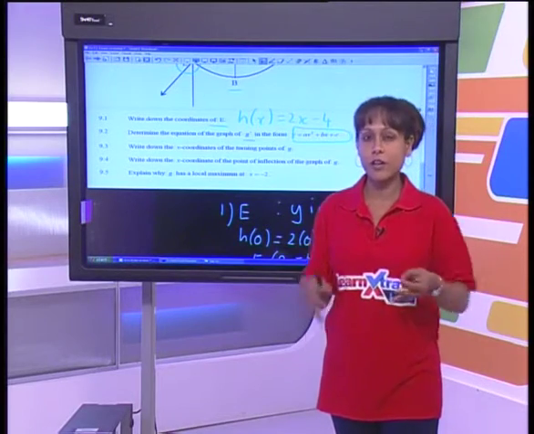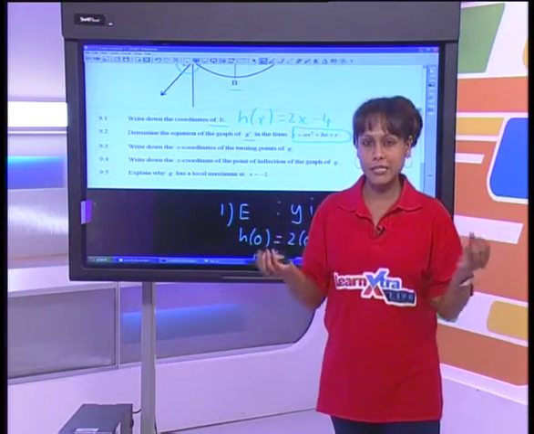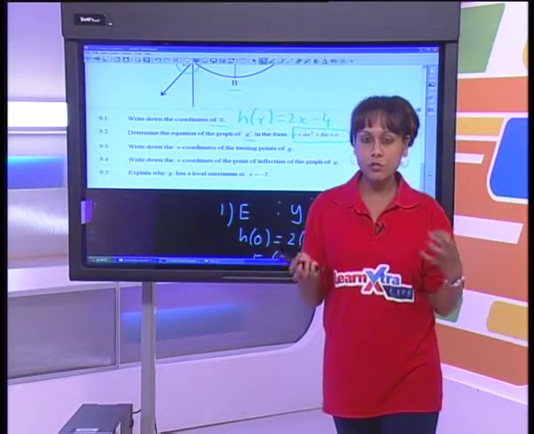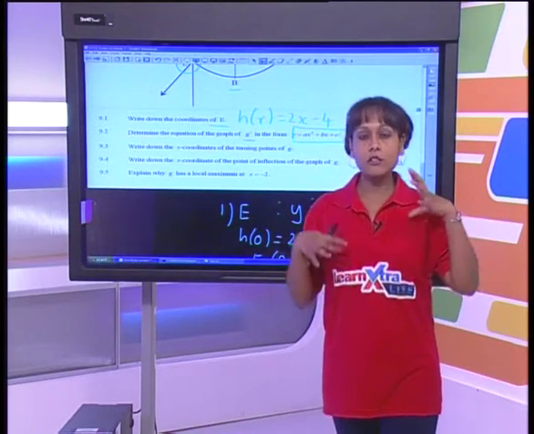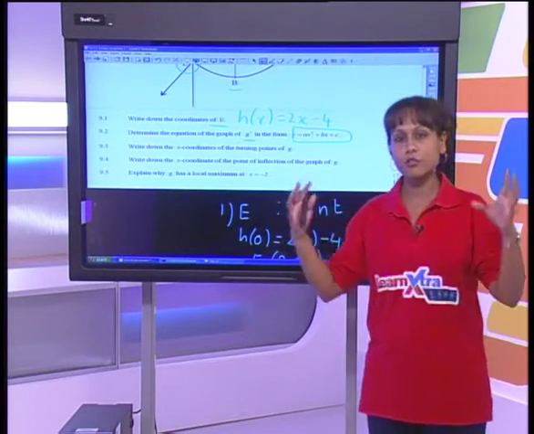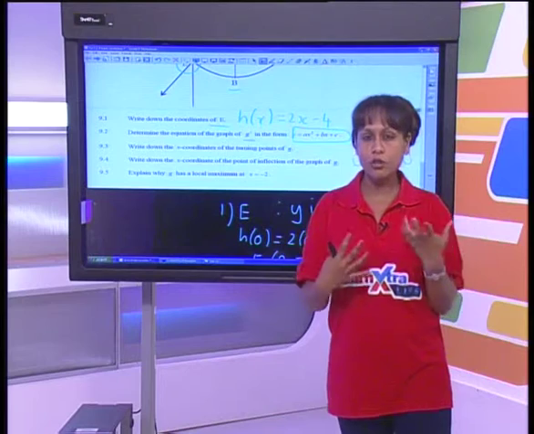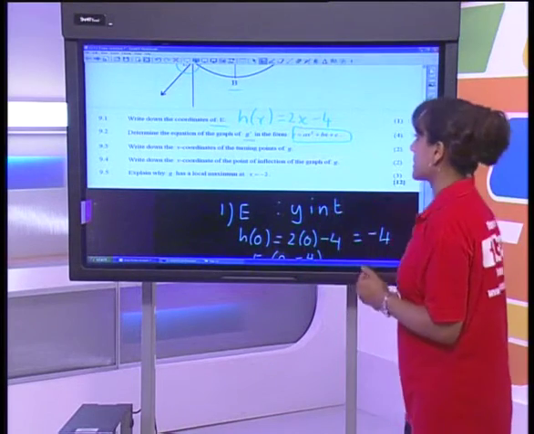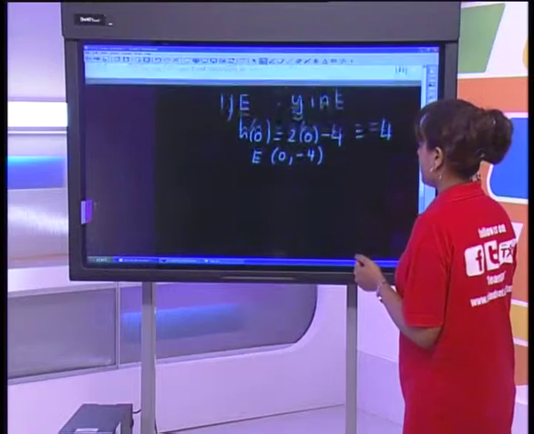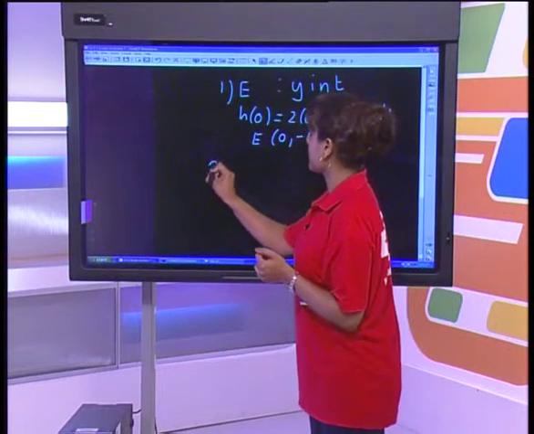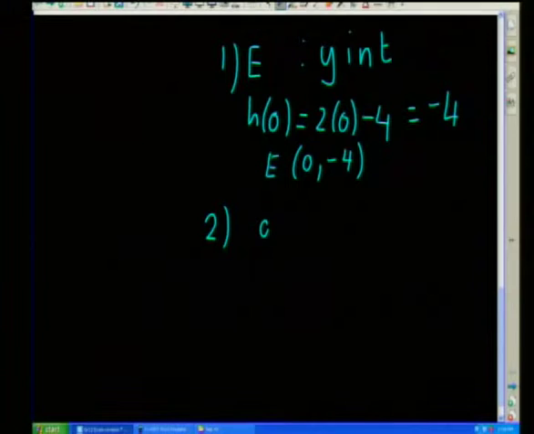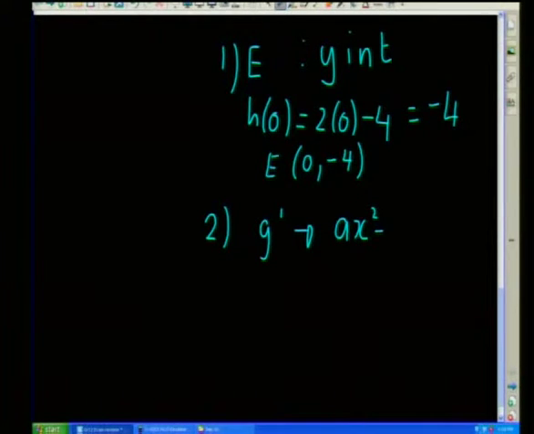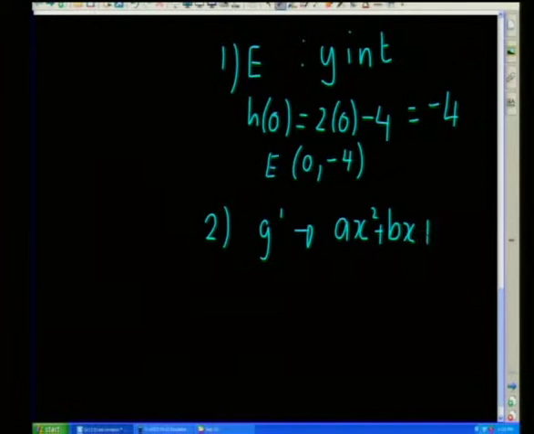So guys, they want to now find out what the equation of this parabola is. Remember, this parabola is just the derivative of the cubic graph. And so this parabola itself will have its own defining equation. And they've given us a whole lot of information that will help us to find this defining equation of your derivative graph. Okay, so this is number 2. And we are working out the equation of g prime. Okay, so in the form ax squared plus bx plus c,